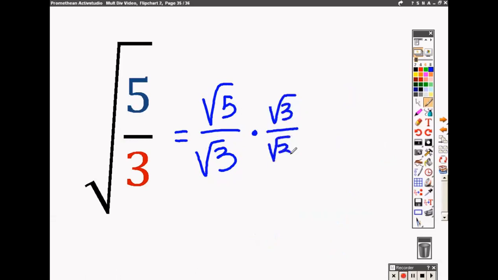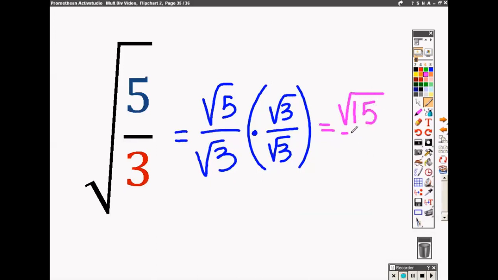Now we didn't change anything, because root 3 over root 3 equals 1, so we didn't change the question. We only tried to keep the denominator a rational number. Then square root 15 over root 3 times